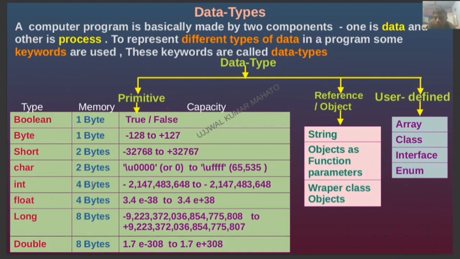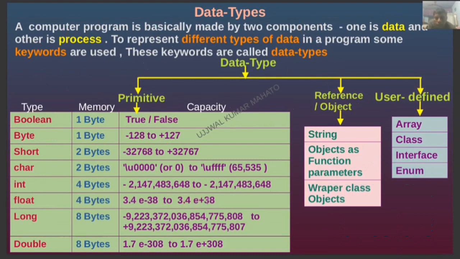It reserves 4 bytes and its minimum value is -2,014,147,000,000 and its plus value is 2,000,000,147,000,000. Next is the float data type, which also reserves memory of 4 bytes, and its minimum and maximum values